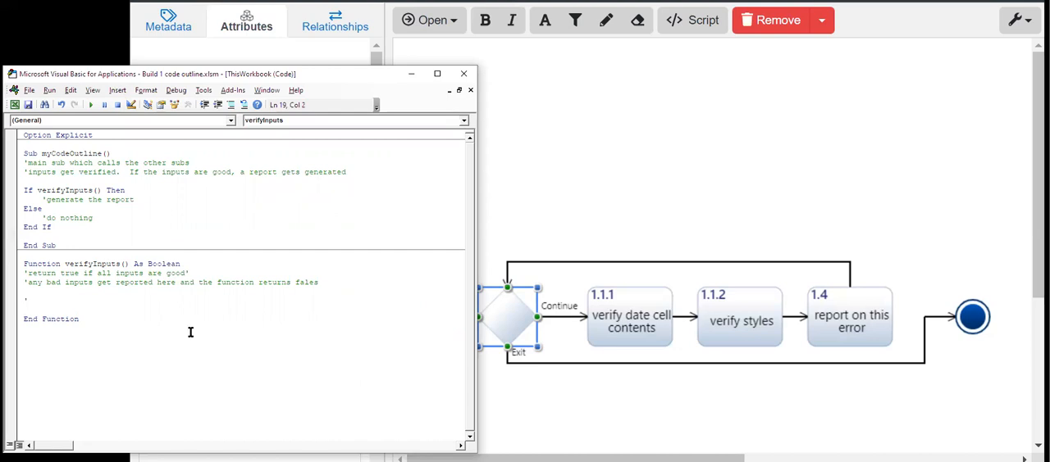I'm going to write this in, again, not in VBA syntax, but just as an outline for what needs to happen. So what needs to happen inside this loop, right? We need to verify